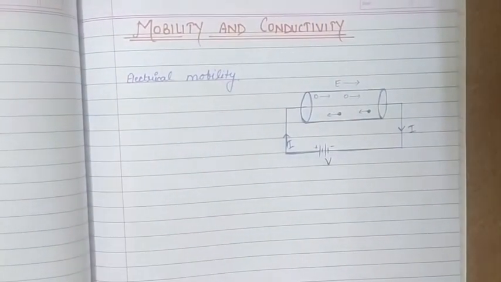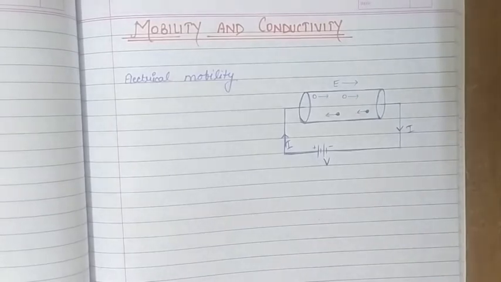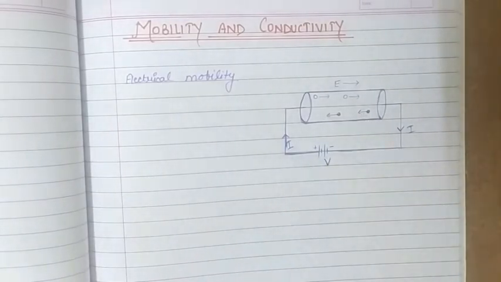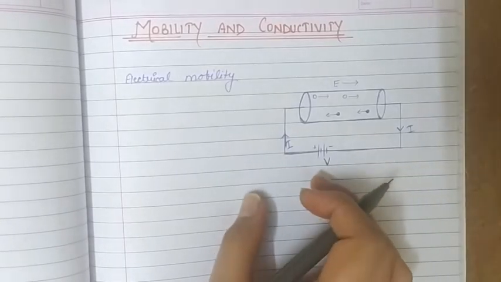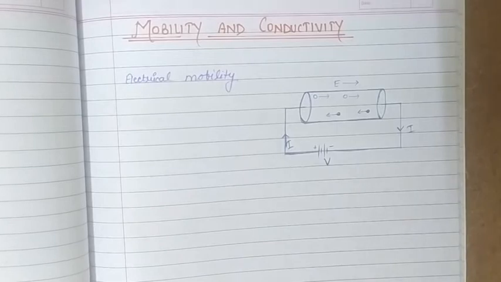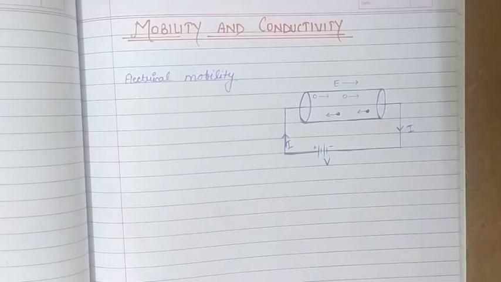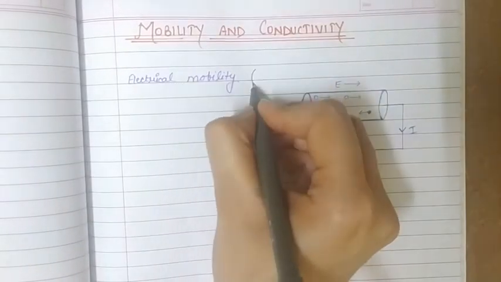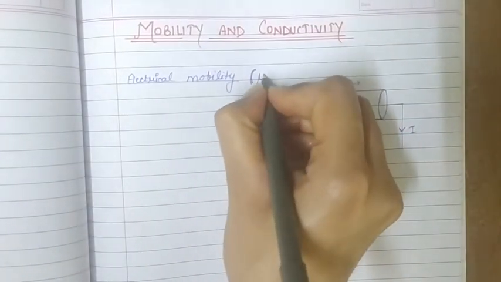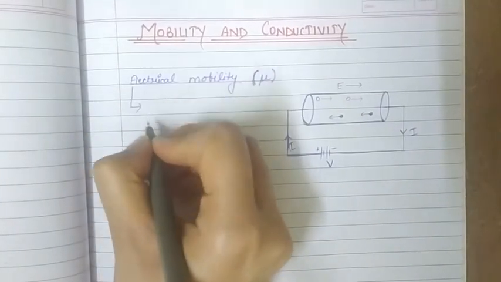As we know that whenever an electric field is applied across a conductor, its charge carrier acquires some drift velocity because of that electric field. So this drift velocity acquired by the charge carriers when we apply unit electric field is called electrical mobility of the charge carriers, and it is denoted by mu. So this electrical mobility of charge carriers is denoted by mu and is defined as the